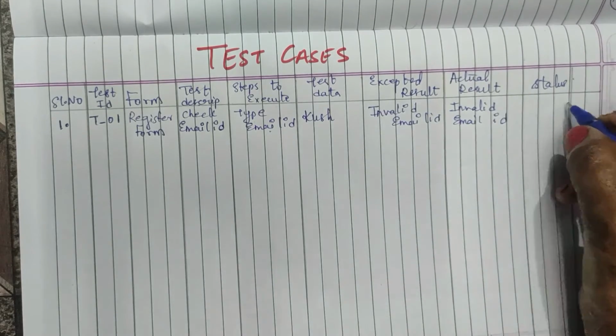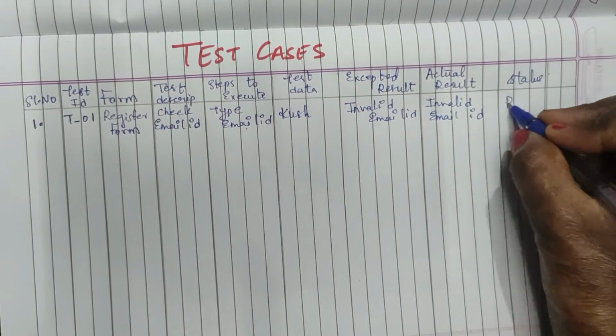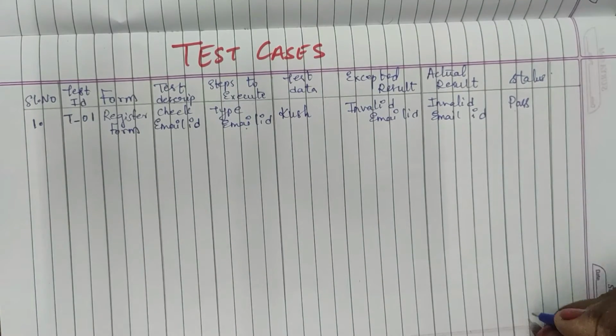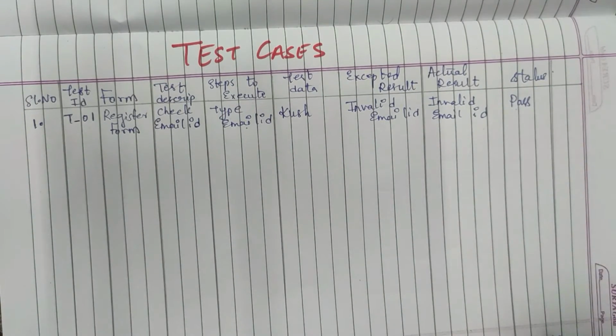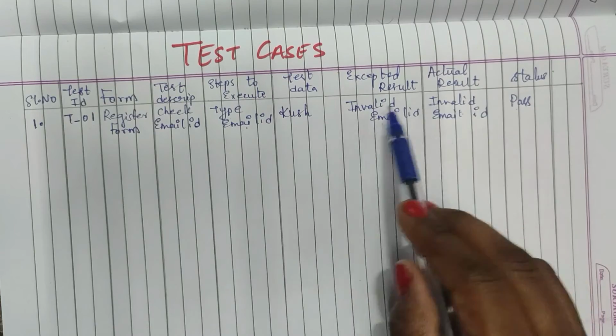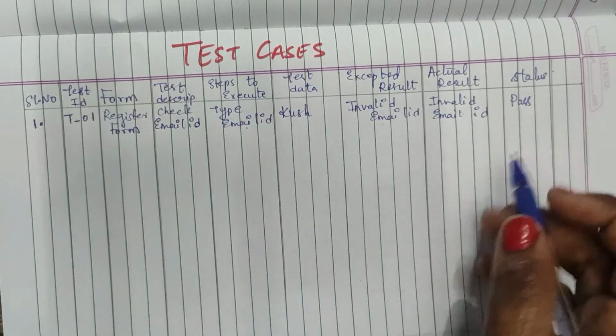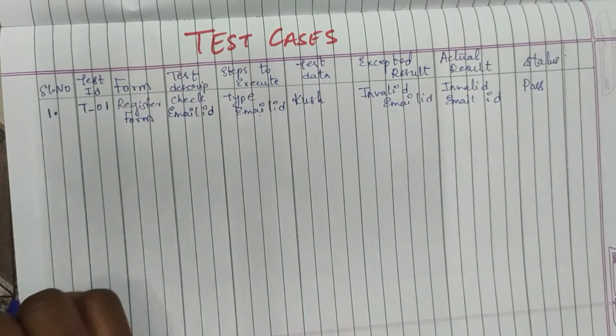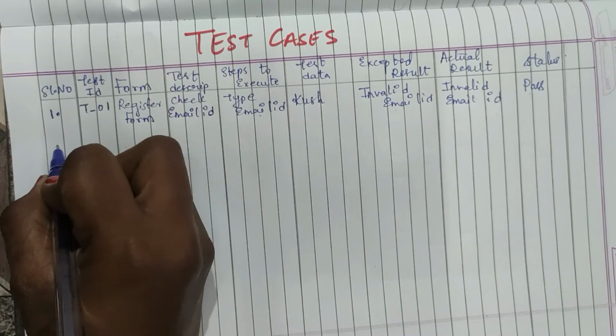So what is the status? The status is pass. Here I will not fail any of the statuses. Instead of failing the status, we will match all these things and solve it, with all the statuses as pass. So now we will move on to the second test.